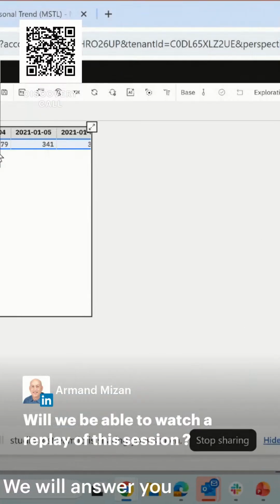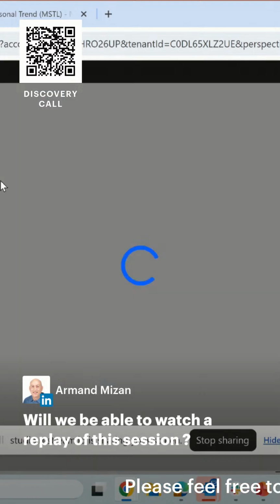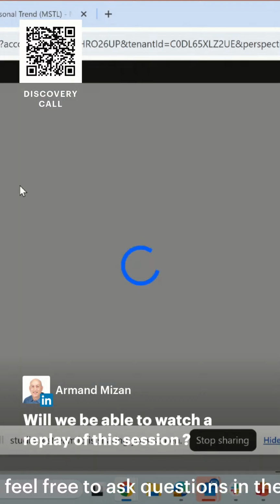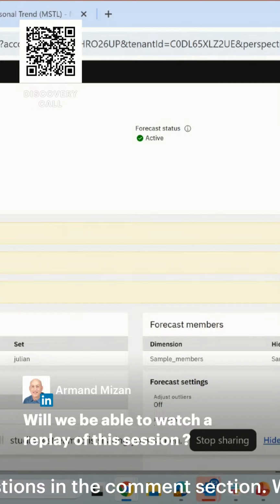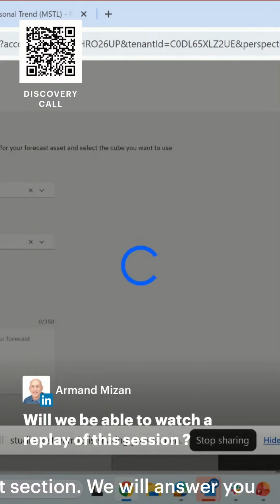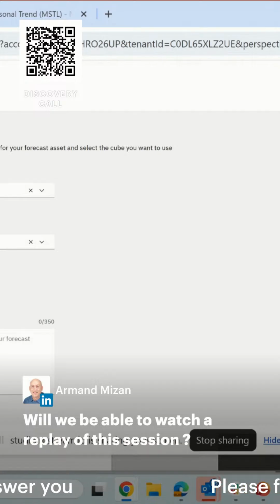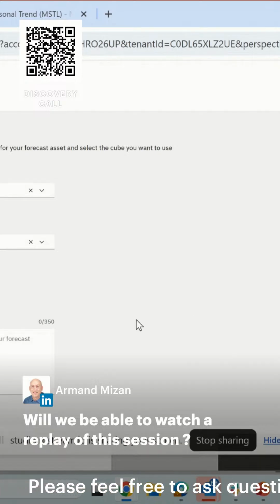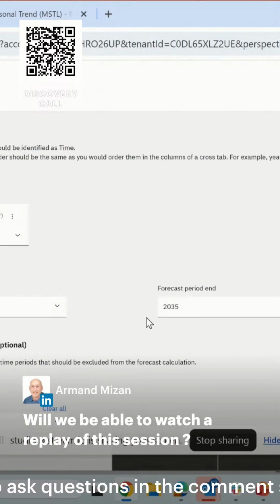So if I am on a baseline forecasting, it's just like an asset where that information is digested into one asset, but it's the same as your view if you are on your cube, and you can go and set up your